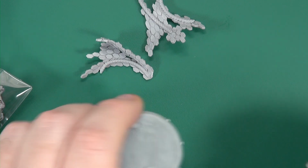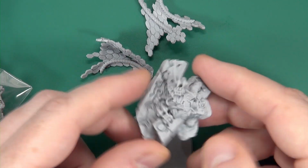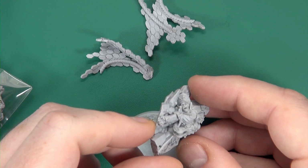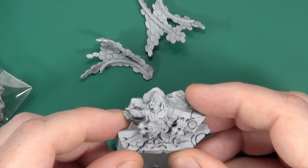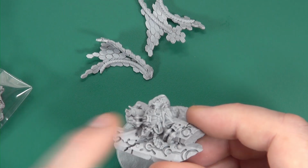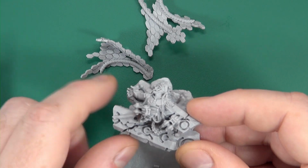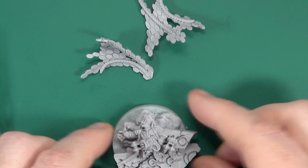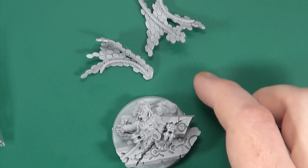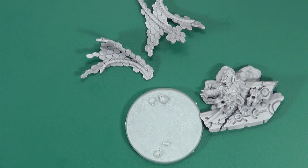Some sprue gates to clean here, and then a big chunk of resin with a dead commissar of some description and feet looming over this Necron-esque destroyed pillar. So I'm sure there's a way to set that on there that will be appropriate. Now,